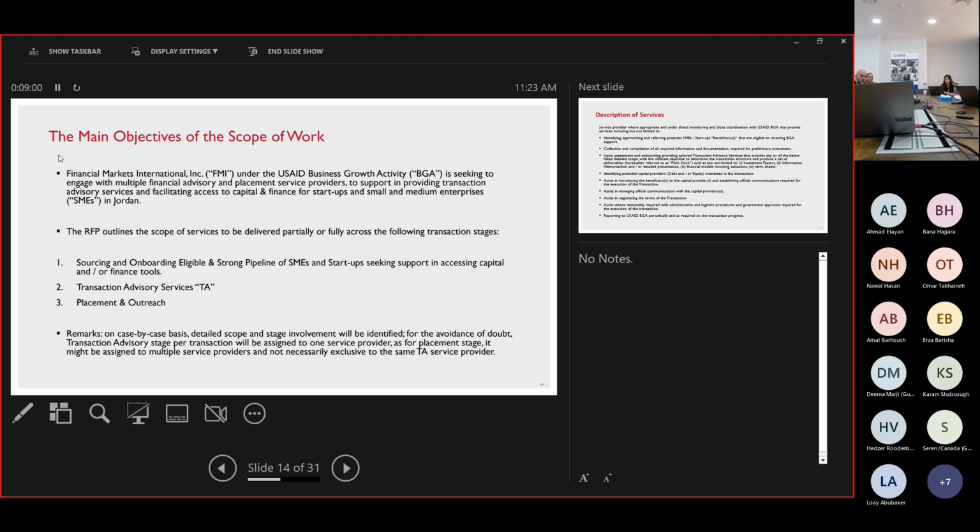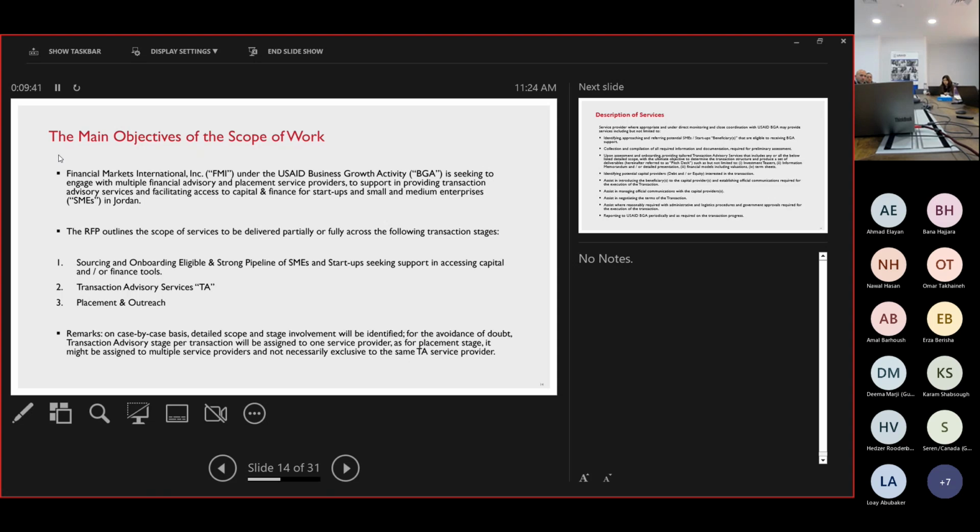This is in the RFP, we have detailed a very detailed scope specifically for the transaction advisory stage. However, we all know that this will vary on a case-by-case basis. So on case-by-case, there will be a task order that clearly details the specific scope, milestones, and tasks expected from that case. The advisors that we are expecting to work with are not necessarily required to cover the whole cycle. They can be specialized on the placement side, they can be specialized on the advisory side, or they can be